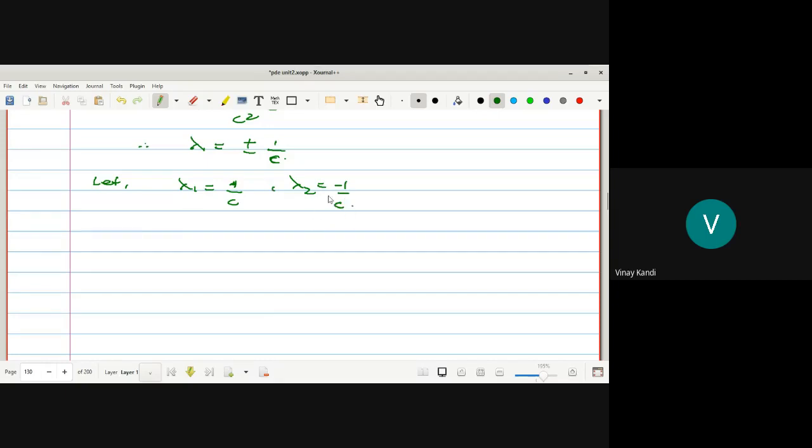ओके, सेम प्रोसिजर करायचं आपल्याला. सोल्युशन कसं काढतो तसं कॅनॉनिकल फॉर्म मध्ये करताना तसंच करायचं आहे. ओके, फक्त इथे काय करायचं आहे, जो काही शेवटी कॉन्स्टंट आहे तो इनिशियल कंडिशन यूज करून, इनिशियल डिफ्लेक्शन आणि इनिशियल वेलोसिटीचा यूज करून आपल्याला दोन फंक्शन फाइंड आउट करायचे, जो काय फंक्शन कॉन्स्टंट आहे. Okay, so lambda 1 is equal to 1 upon c and lambda 2 is equal to minus 1